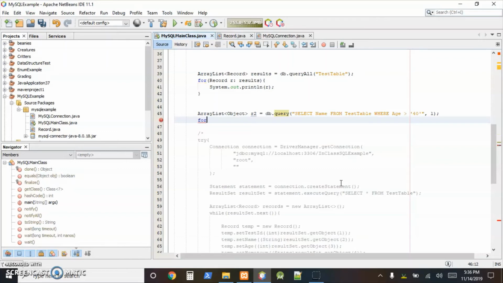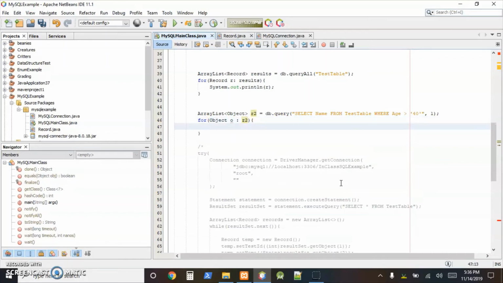To add fields to our list. And then we can just print this for object O in R2, S out O. We'll just print it out, and I think y'all can carry it past the example and actually do something with it. So to save that, then Shift F6,